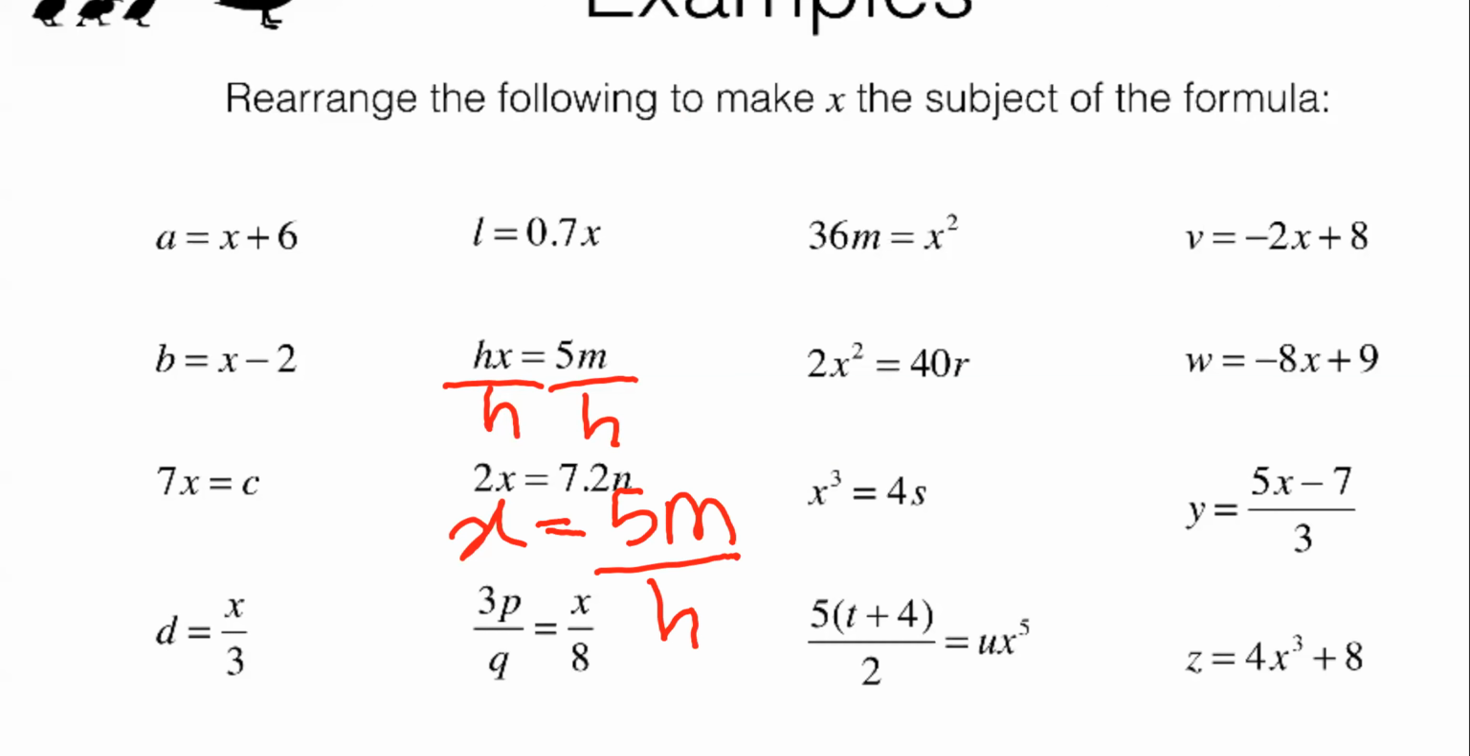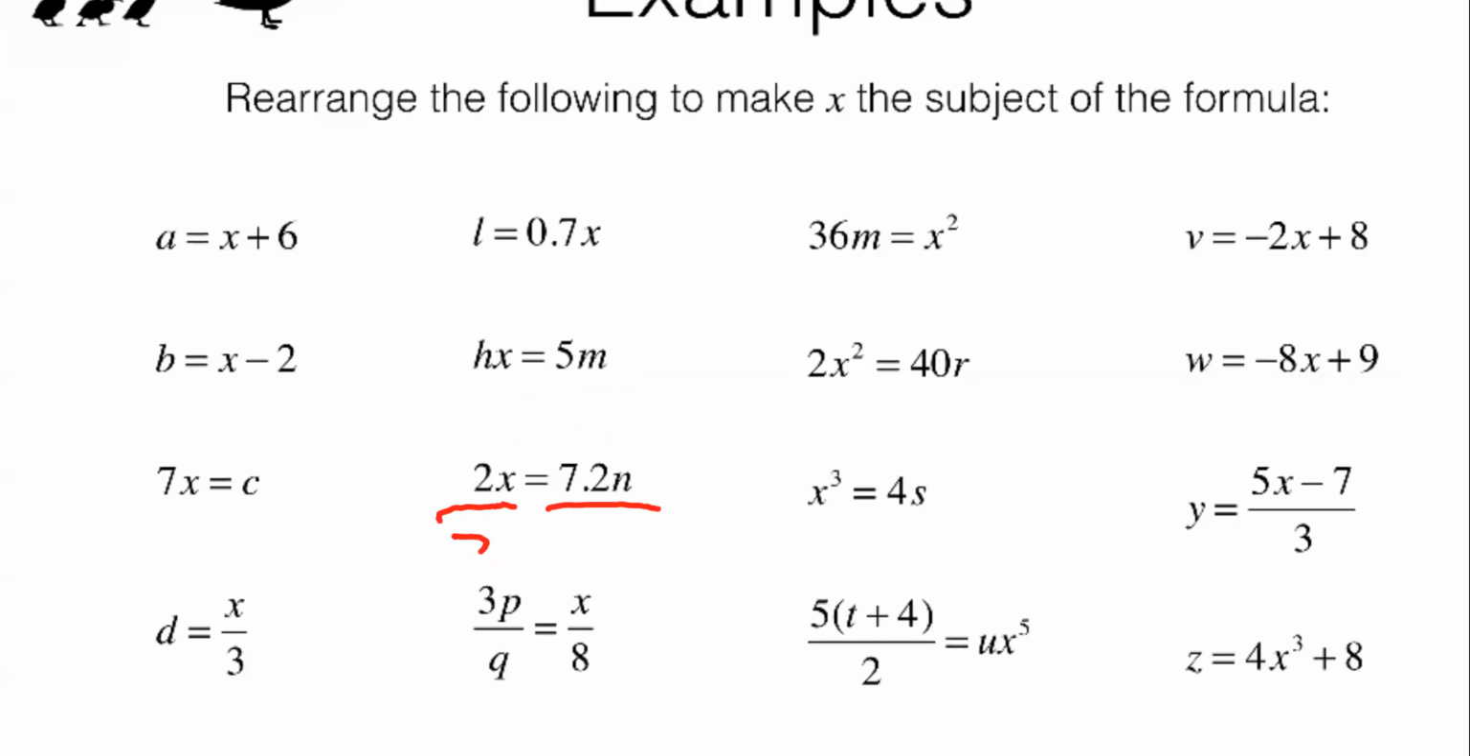Now we'll go to the next one. In this one, it is given 2x equals 7.2n. We have to remove the 2, since it's connected by multiplication. Divide both sides by 2, and what happened? The 2 and 2 cancel. Therefore, x is equal to